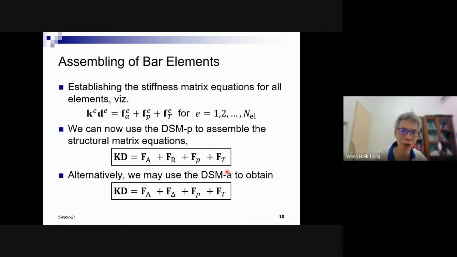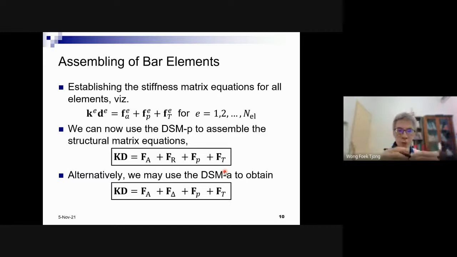Okay, so let's imagine we have a bar problem. A bar problem means we have a bar under some actions. The actions consist of mechanical loadings and temperature change. And then if we want to solve using finite element, as usual, we divide the bar into several elements. They don't have to be equal lengths. You can divide as you like, arbitrary. You may have equal or unequal length. Okay. And then what next?